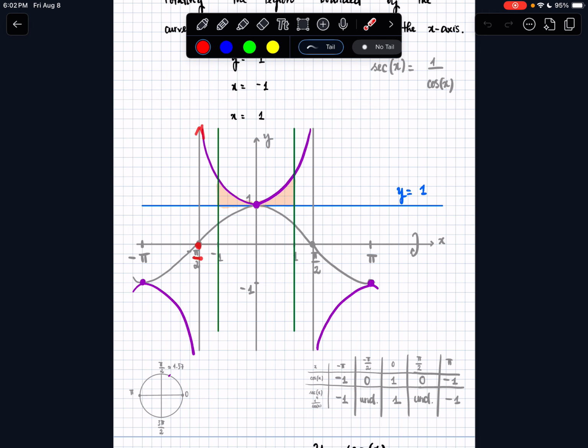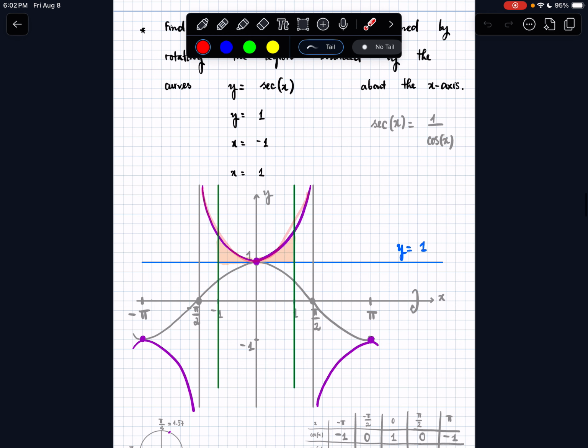to minus pi divided by 2 and x tends to pi divided by 2. So the function secant of x looks like this. And we only need to care about x between minus 1 and 1. So in this region,